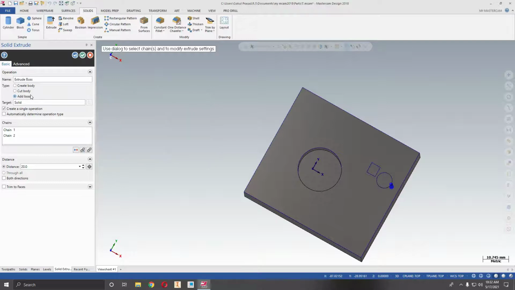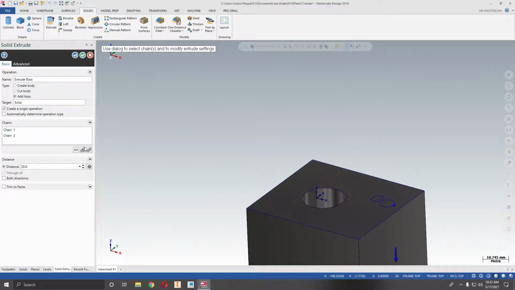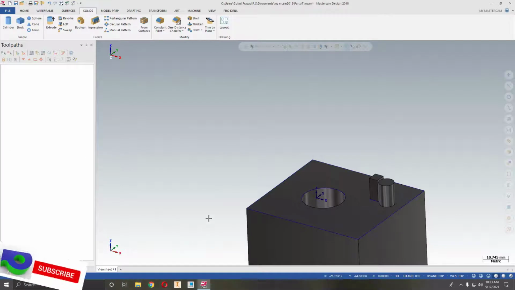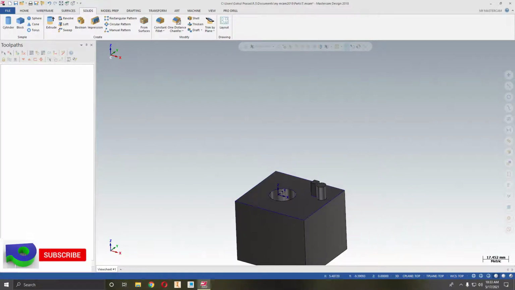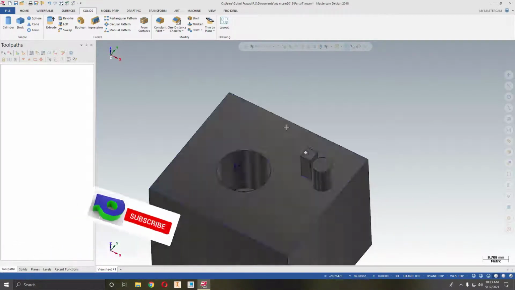So I will go with the boss and flip the direction. It asks for some distance, so I will just give 10 mm. It's enough for me. See, the boss model has been created.